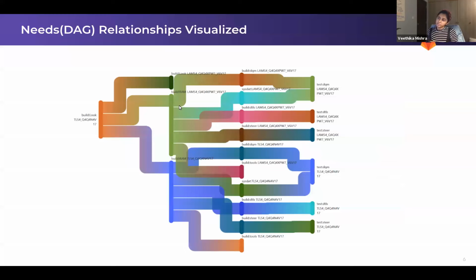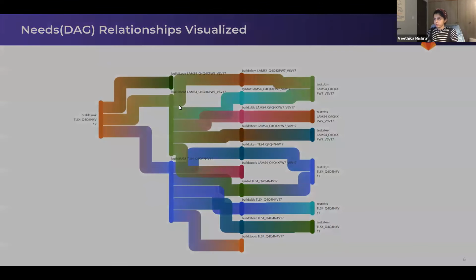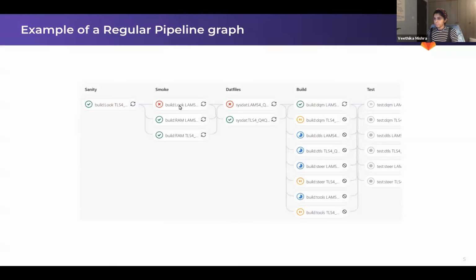So we provided them with this visualization that allowed them to get a better picture of the exact state of execution for their jobs. Here, if you look at this visualization, pretty much all the jobs in every stage connect with all the jobs in the next stage. And logically, that's incorrect. That's not what really happens. And this is a very wrong representation of the dependency and the connections.